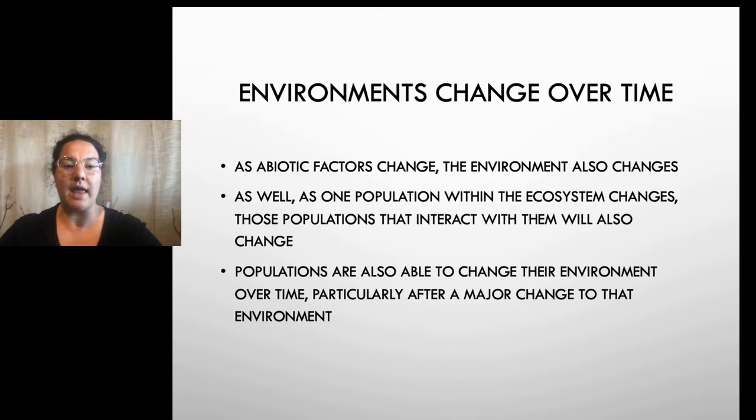Abiotic or non-living factors also change over time, like water, sunlight, and the chemical composition of the environment. Also, if one population within the ecosystem changes, other populations that interact with them will also change. As the population of wolves goes up, the population of elk in Yellowstone will go down, which causes the scrub brush and trees around water bodies to go up in Yellowstone National Park, which will then allow more birds, small mammals, and rodents to take up habitat in those locations.